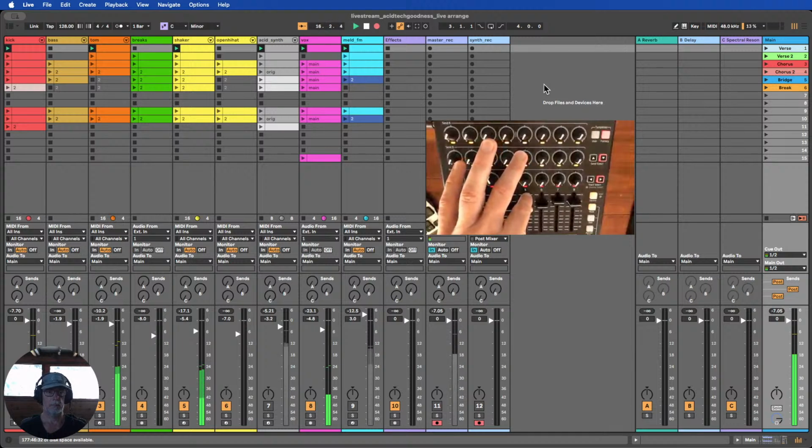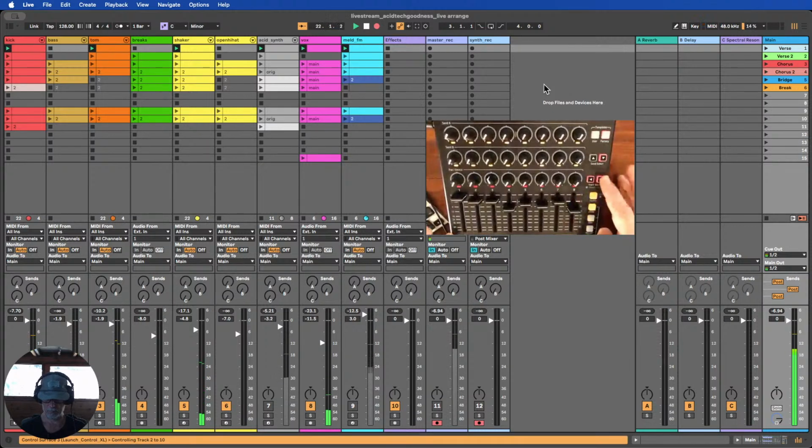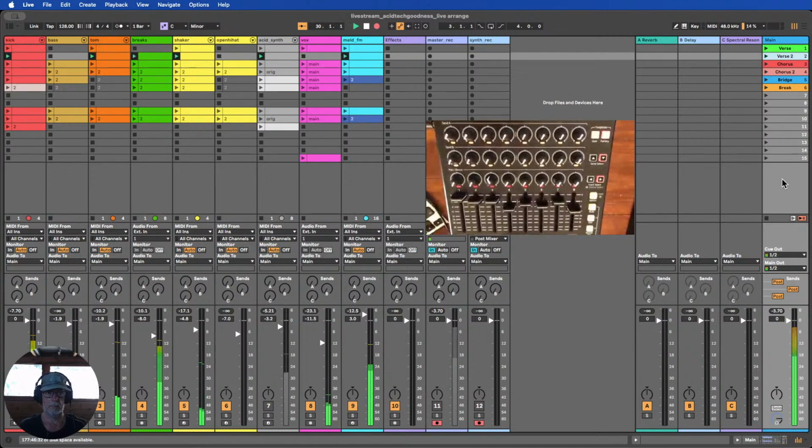Taking a break from my wife, forgetting my son's birthday, and a couple of things. Taking a break from my wife, forgetting my son's birthday, and a couple of things. Taking a break from my wife, forgetting my son's birthday, and a couple of things. Taking a break from my wife, forgetting my son's birthday, and